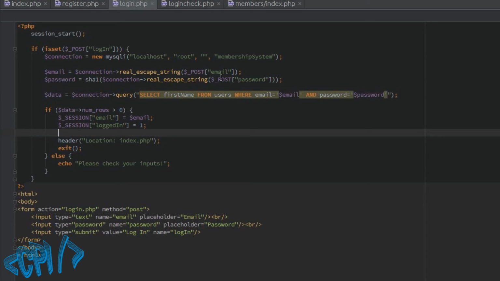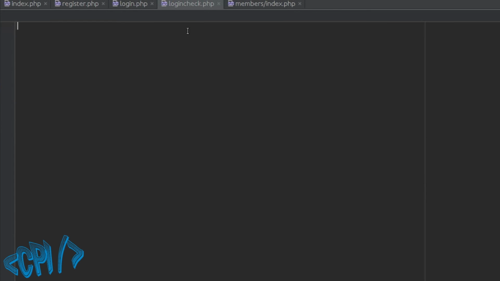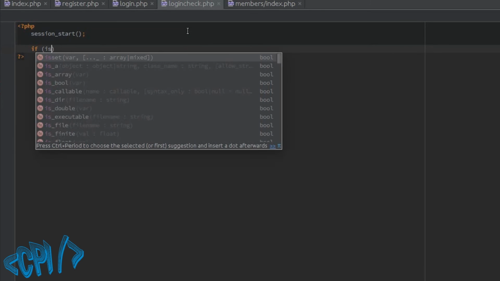Now, since we want to prevent users from being able to see any page that is not for members, we need to create one file that will be at the top of every other file inside the members area. So for this case we are going to use this login check PHP, and here we are going to type code. Okay, so like this, let's say session start,